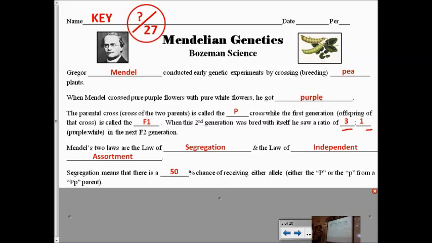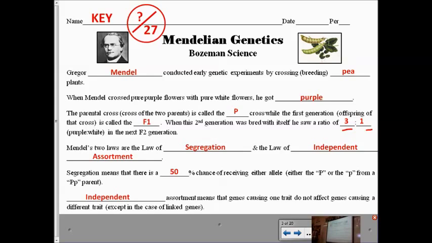That's what they mean by segregation. Those 2 alleles that determine what traits you're going to have work separately. Okay? Segregation means to be separated. The law of independent assortment, this next blank, is basically saying that, at least in the case of what Mendel looked at,